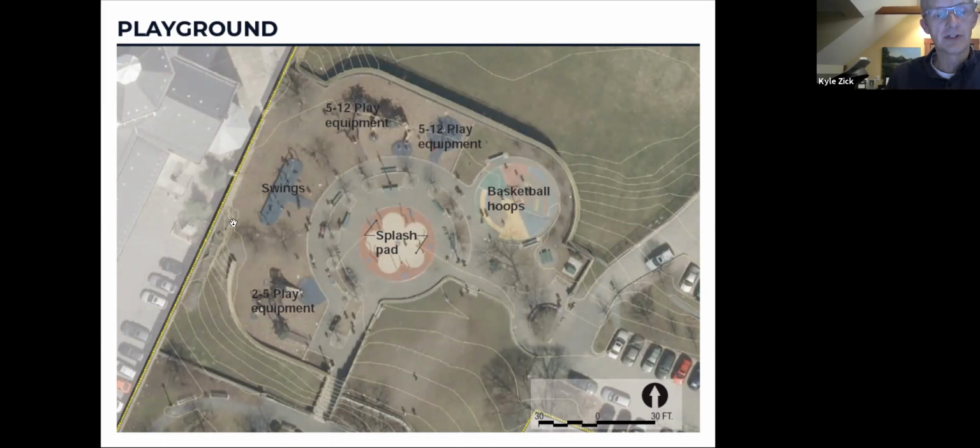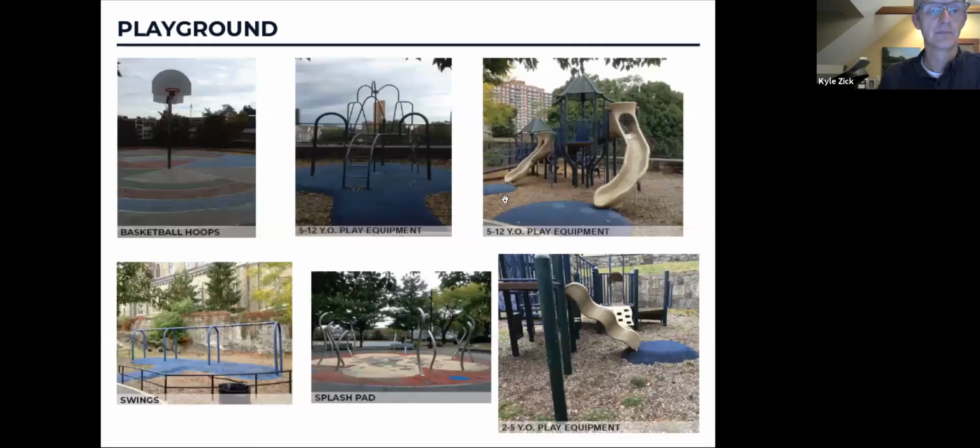But there are also parts of the playground where it abuts the wall here, where the pudding stone outcropping comes out in a more organic way. Danielle mentioned the remnants of the wall from the Olmsted design along the 2 to 5 area here, but also along this whole edge that abuts the ball field. Here are some photos of some of the play equipment components, starting with the basketball hoops, just 2 small informal courts. It's not a full court or even a half court. It's more loosely arranged. And then the play equipment is beyond its useful life.